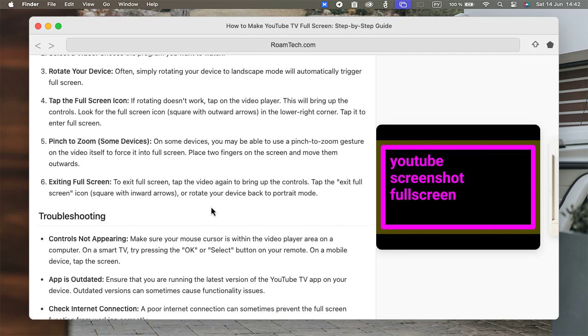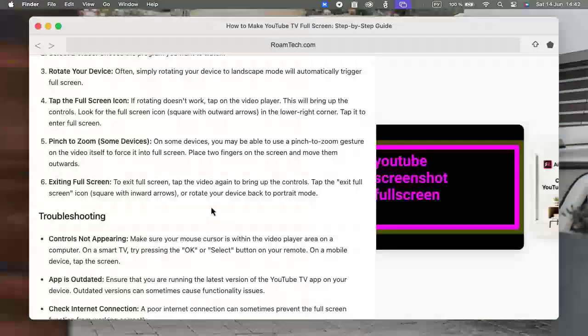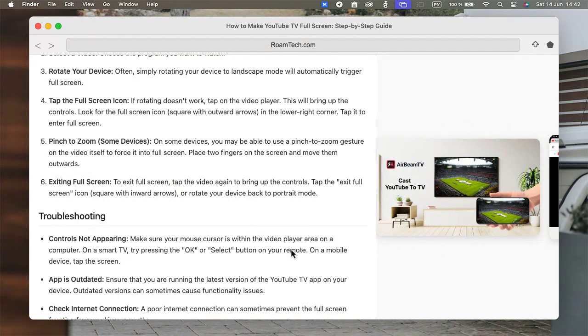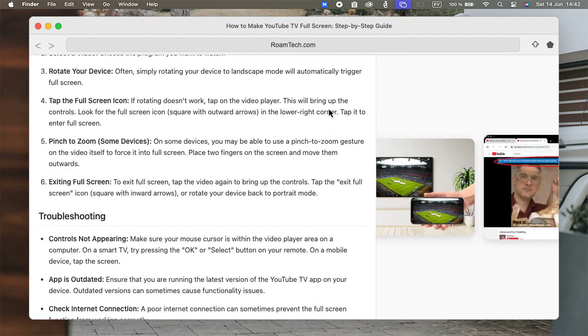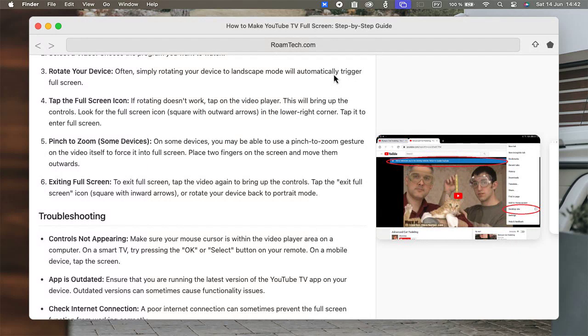Once the video starts playing, look for the full screen icon. Just like on the computer, it's generally located in the bottom right corner of the video player. Using your TV remote, navigate to that icon and select it. Boom! Full screen. To exit full screen on your smart TV, simply press the back or exit button on your